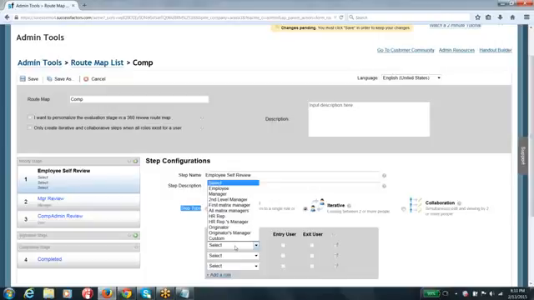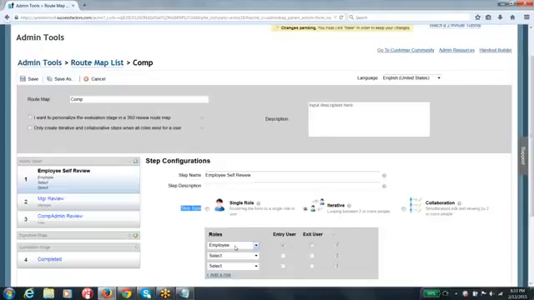But how this is going to help is, say there is a cascaded goal, which means it has been enforced by your top level management, and it has been cascaded to your manager, and it has been cascaded to you as well. Say you are supposed to work on that goal. Once you are done with that particular goal, your manager is also supposed to work on that goal, and after that, his manager is also supposed to work on that particular goal.